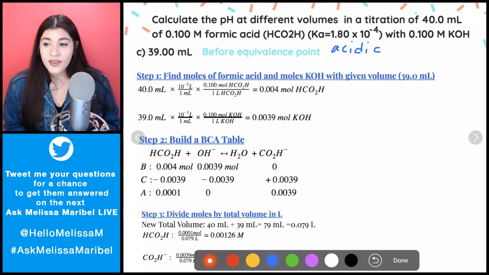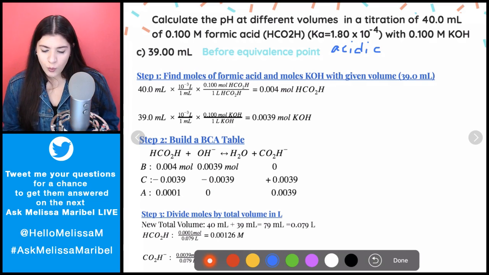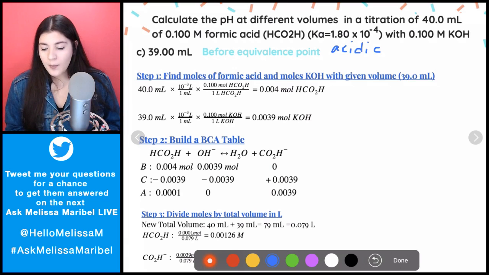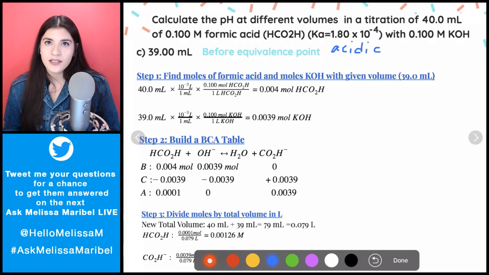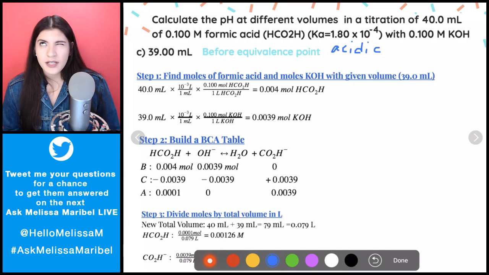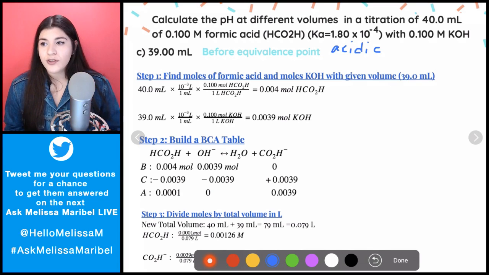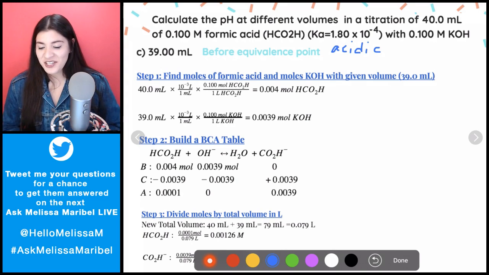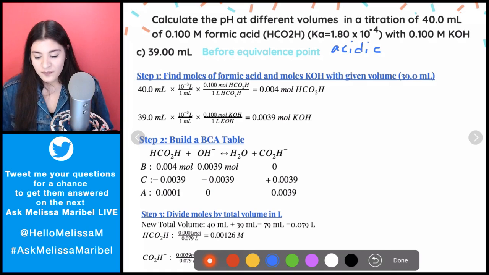That's essentially what we're going to do right now. And then we're going to use another formula that is specific for weak acid, strong base, and I believe it's also for buffers. So in case you're also struggling with buffers, I do recommend paying attention to this part. Okay, I recommend paying attention to all of it. But if you're really struggling with buffers, make sure to write this down.